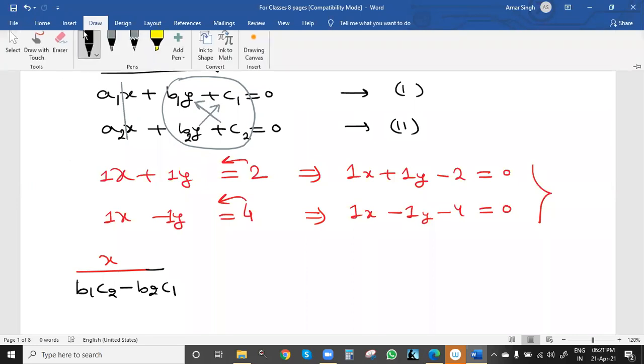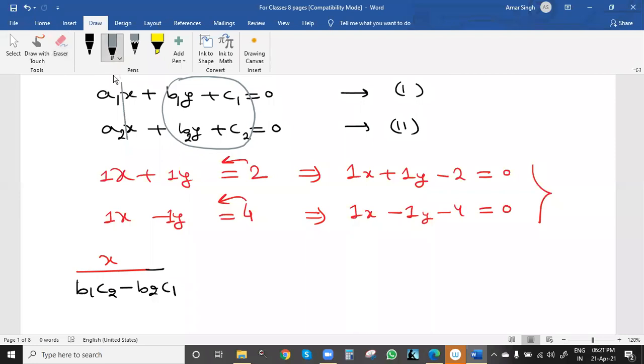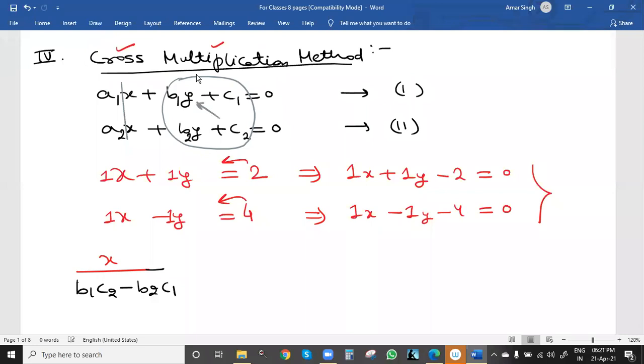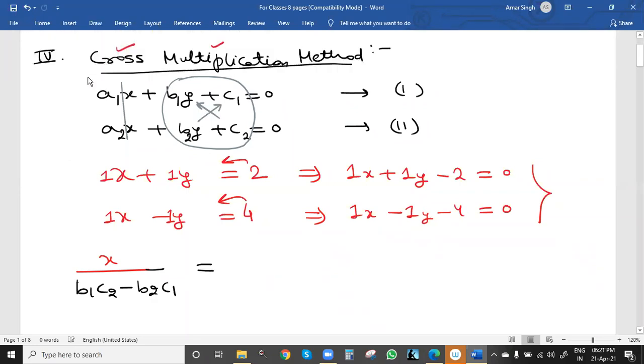How have we completed this? As always, x we will find, so we ignore this column and focus on the remaining part, and we do it from the right. First we multiply b1 c2 minus b2 c1. Correct. Now comes the y value. After x, now we have y, so we'll put y